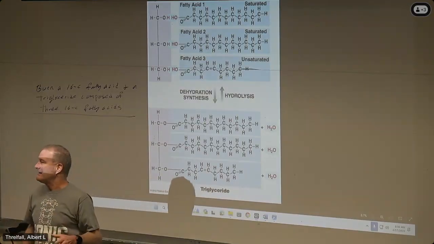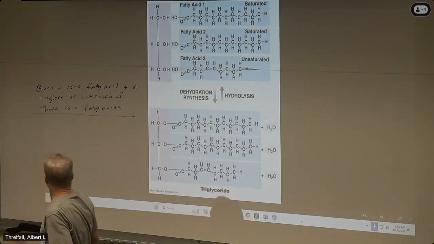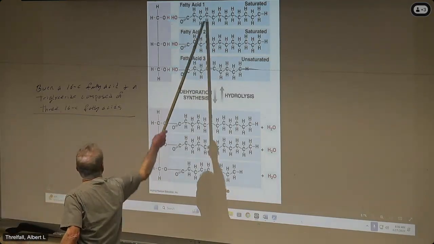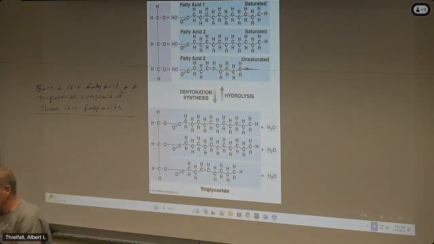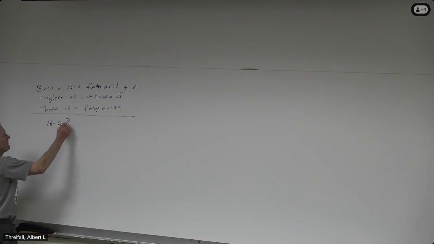You're not going to have to deal with double bonds or triple bonds. You'll be working with just ordinary saturated fatty acids like we did with the 10 carbon unit. A lot of you will go through all the details when you take Chemistry 102 for some of the medical programs. So we've got a 16 carbon